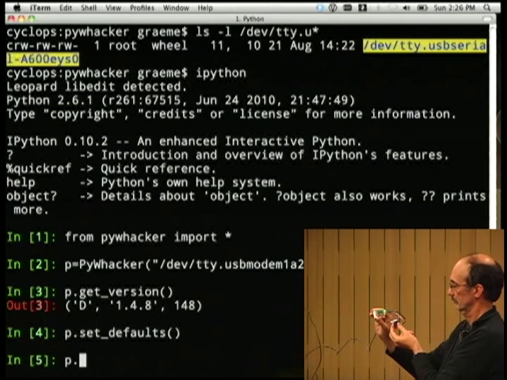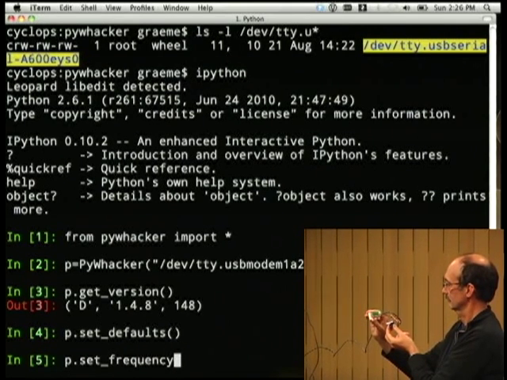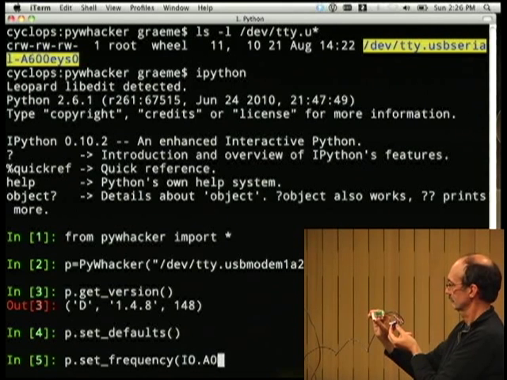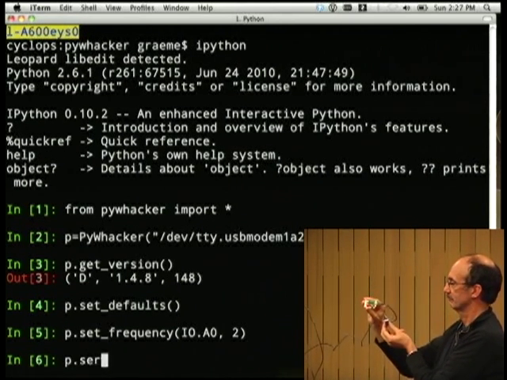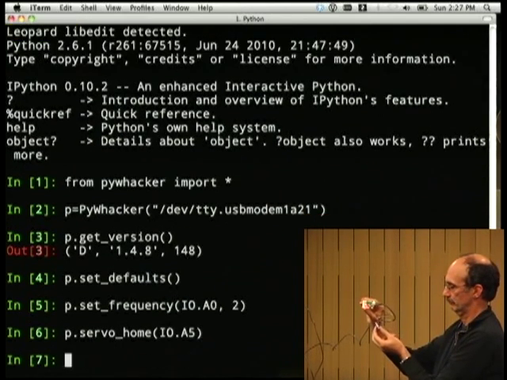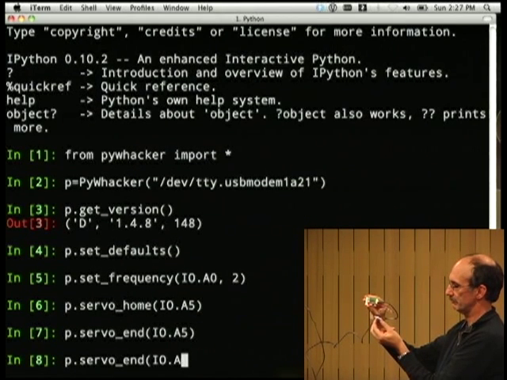And what I'm going to do is just drive the LED at a frequency. The LED is on the I/O channel A0, and let's say, is that blinking? Hopefully people can see that. And then there's the servo, which is on, if you were lucky you heard that move. And so here I'm just driving it between home and end, but I can also do things like